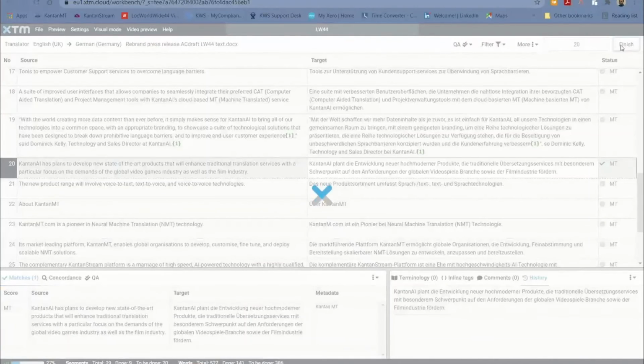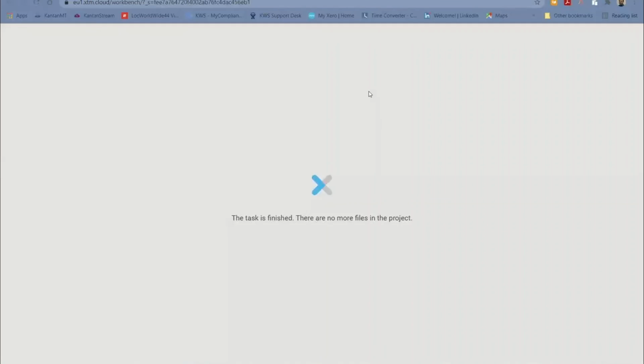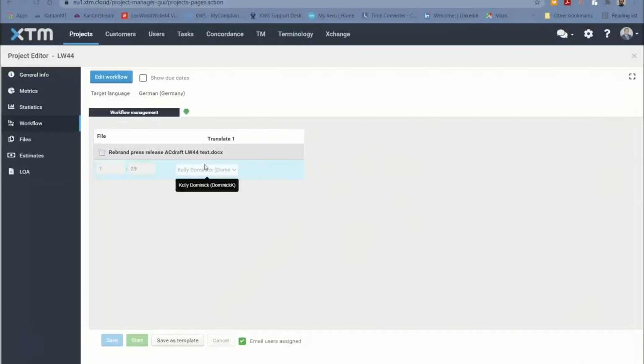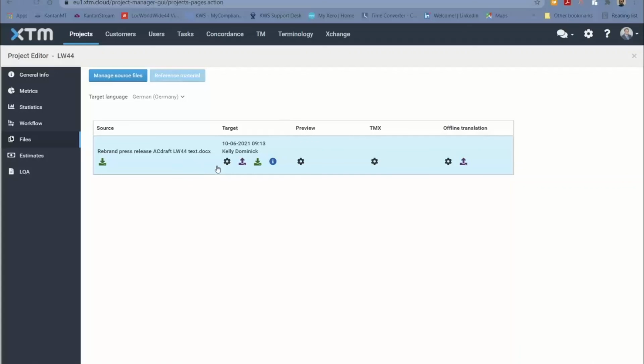And when you're finished, you click finish, and all the machine translation is done, and the files then are ready for the next part. So you can see here it's all grayed out now. The files have been generated, and you can open up your target from here if you want to. So that is probably the quickest connector demonstration you'll see. I don't know anyone else who could do it any quicker,